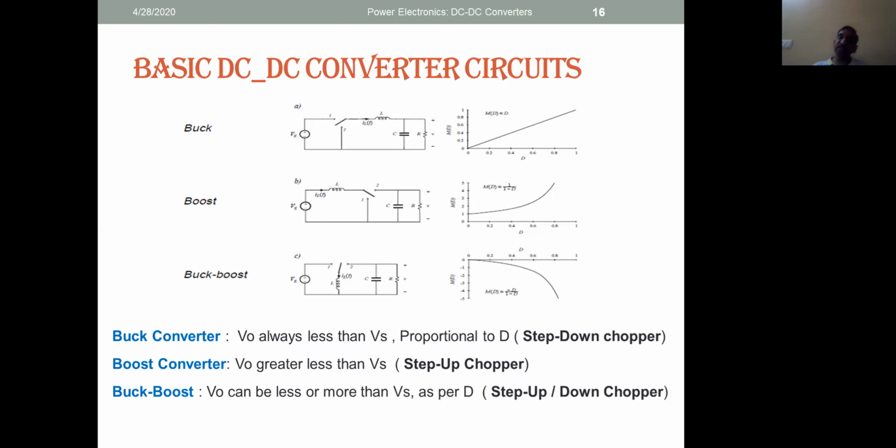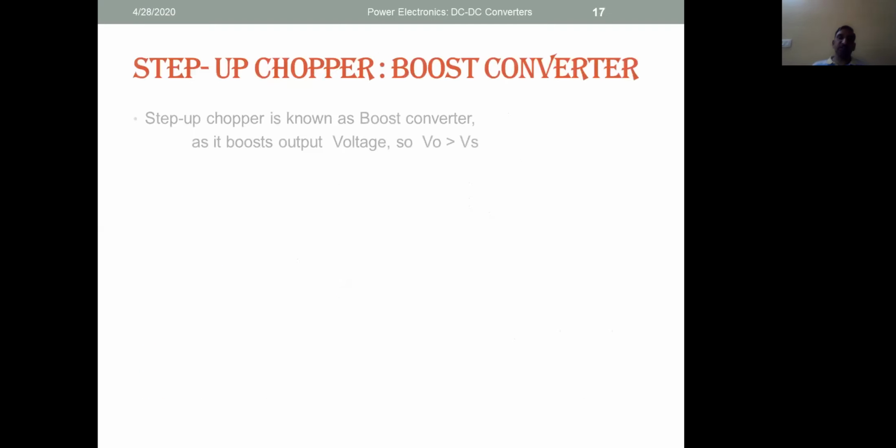And a buck-boost, the same converter can work as a buck converter sometimes, a boost converter sometimes. Naturally, who is playing the role? Duty cycle. As duty cycle determines whether it is a buck converter at the moment or a boost converter. So the buck-boost converter is typically a 2-quadrant chopper. Buck and boost individually are 1-quadrant choppers, because a buck converter operates in the first quadrant, boost operates in the second quadrant. Buck-boost operates in the first and second quadrants.